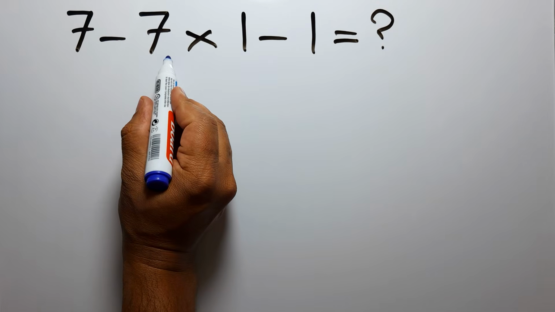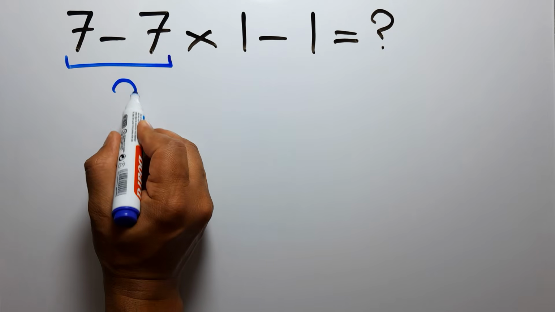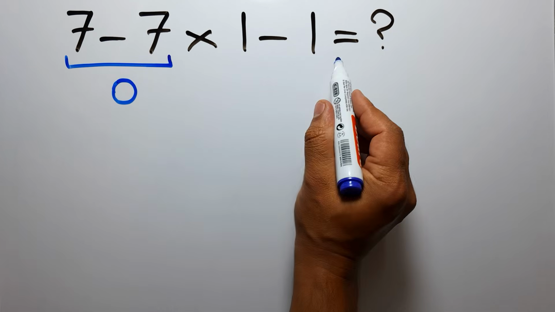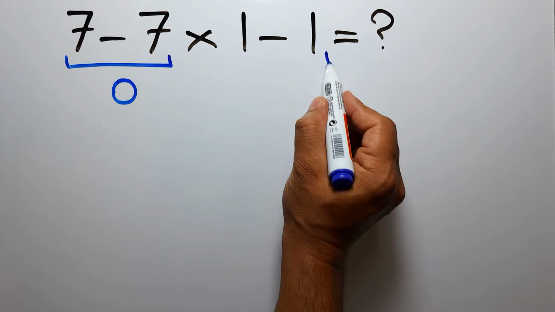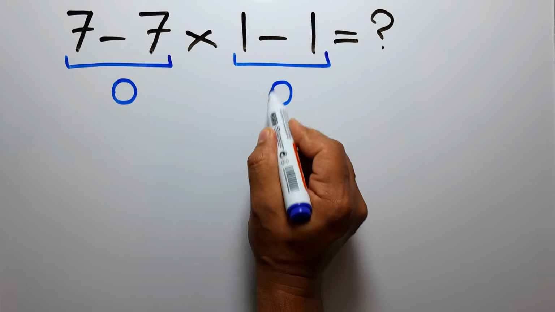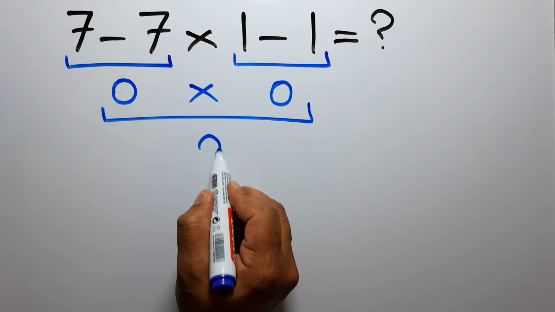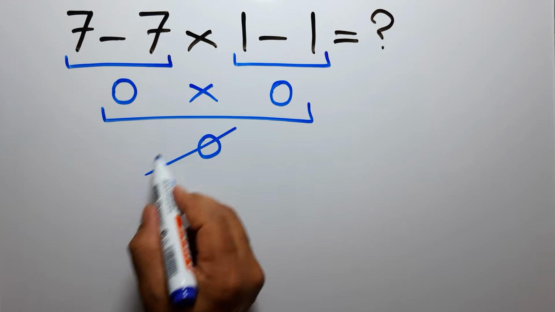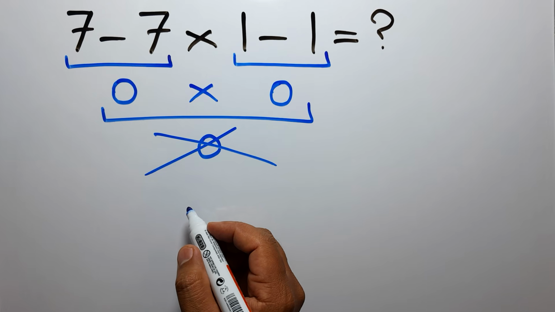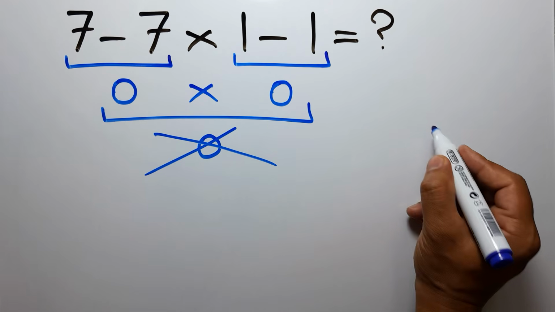7 minus 7 gives us 0. And here we have 1 minus 1, which again equals 0. So 0 times 0 is just 0. But this answer is not correct, because according to the order of operations, which is PEMDAS,